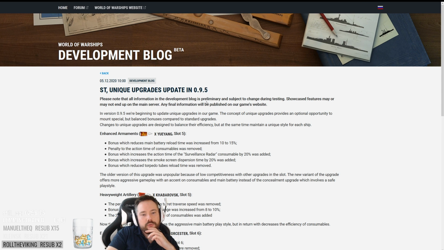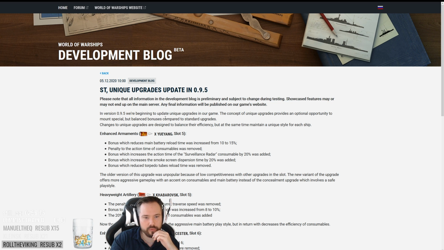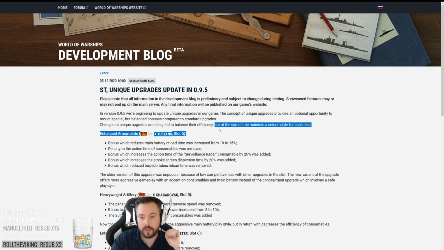Please note that all the information in the development blog is preliminary and subject to change during testing. Showcase features, blah blah blah. In version 9.5, we're beginning to update unique upgrades in our game. The concept of unique upgrades provides an optional opportunity to mount special but balanced bonuses compared to standard upgrades. Balanced. Okay. Changes to unique upgrades are designed to balance their efficiency but at the same time maintain a unique